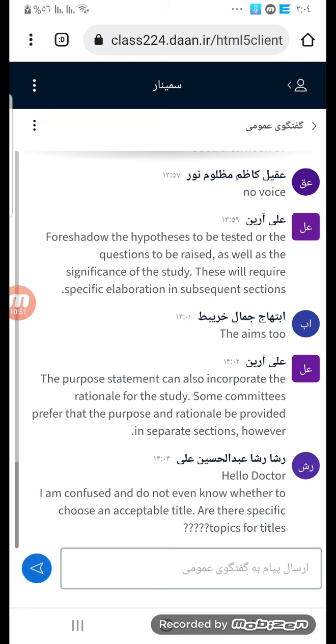Suppose that I am going to give you a proposal without subtitles. Then I am going to ask you, inshallah, to identify and recognize the features of the proposal. Then from this sentence there, I mean, the aim of this study is, the purpose of this study is, you can easily understand this part is the purpose of the study or the aim of the study. So this will clarify your own mind as to the purpose, and it will inform the reader also directly and explicitly, not implicitly. So remember this. This is the first point or key point or hint you should remember about the writing of your purpose of the study, my dears. These are some good